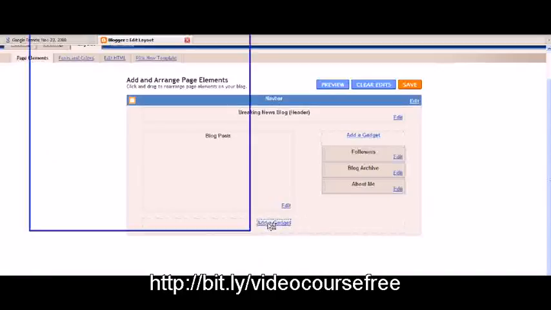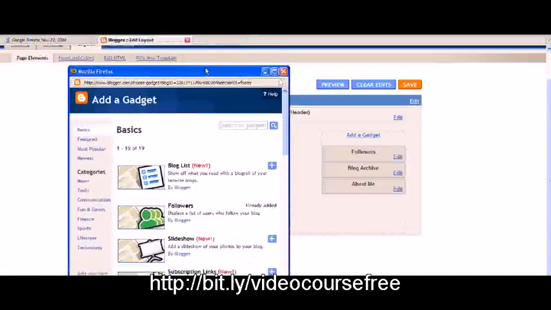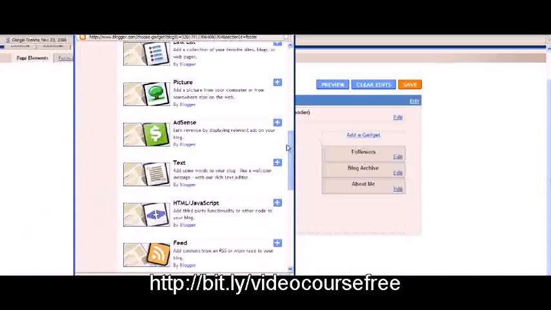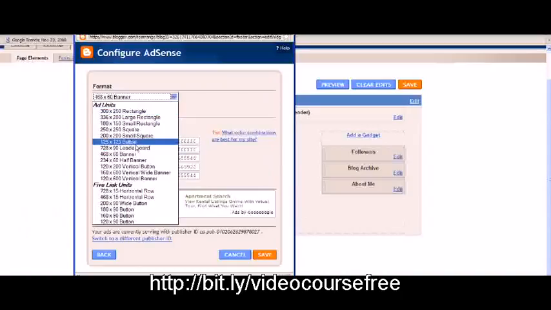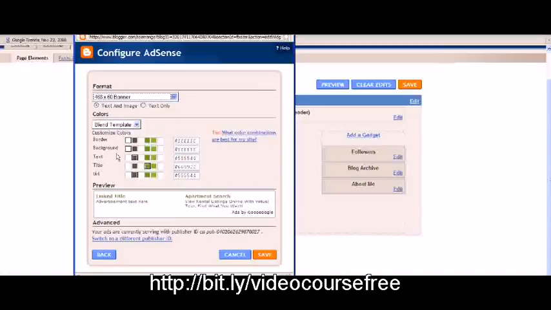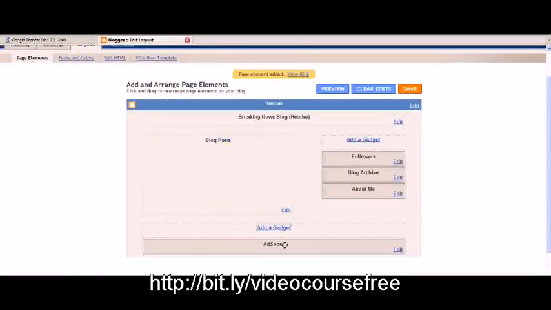The next step in this process, now that you do have your AdSense account ready to go, would be to click on AdSense, and then you can click on Save. Now you can choose what size of banner you want to use. For this particular theme, and for a lot of the themes, a 468 by 60 top banner works out great. Text only ads tend to be the best ones to go with, and blending the template gives you the best results. So we're going to click on Save right there,